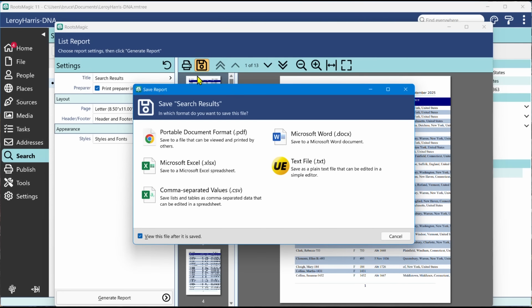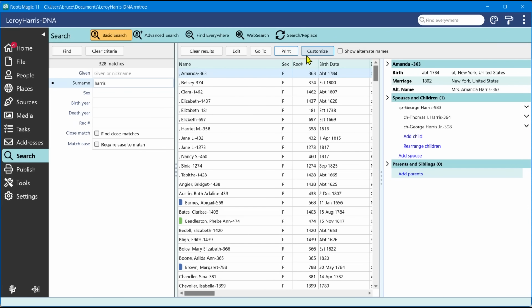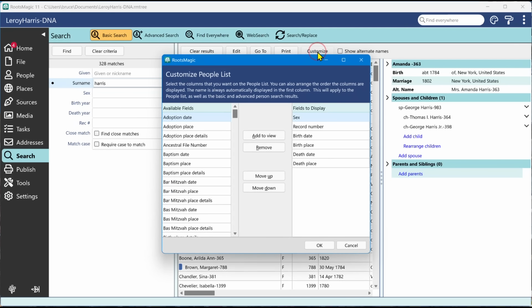If I click on save, I can now save those search results as an Excel file or as a comma separated file. So if you ever wanted to take those search results and bring them into a spreadsheet or something else, you now have the ability to do that. I mentioned that you might need to customize these columns, and that's the other new thing, customize. When you click on customize, this brings up that same screen that you use on the people view to customize the people list. The difference is that now